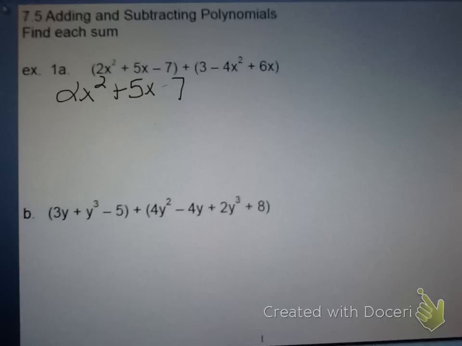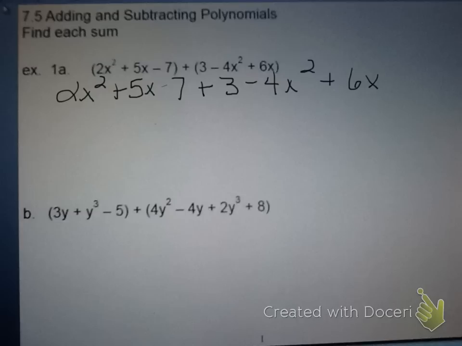The second parentheses, there's a positive 1, so you just drop the parentheses and write it as is. You have to do this step. A lot of kids try to combine like terms inside the parentheses, and you cannot do that. Now, after you have written the polynomial without the parentheses, you want to combine like terms, and you want to